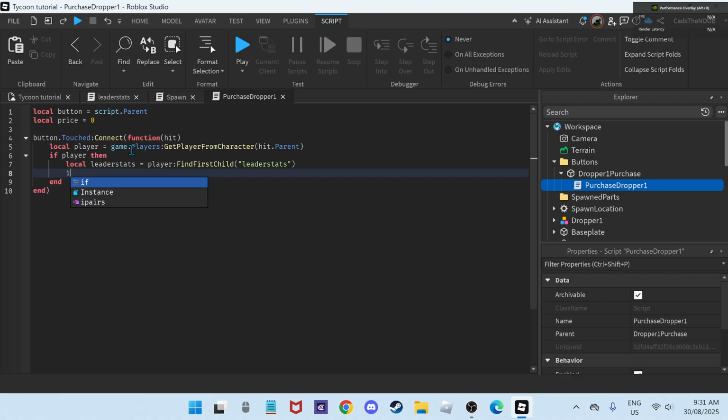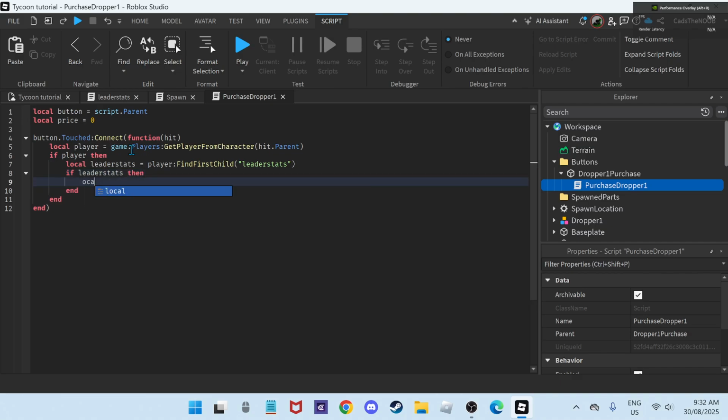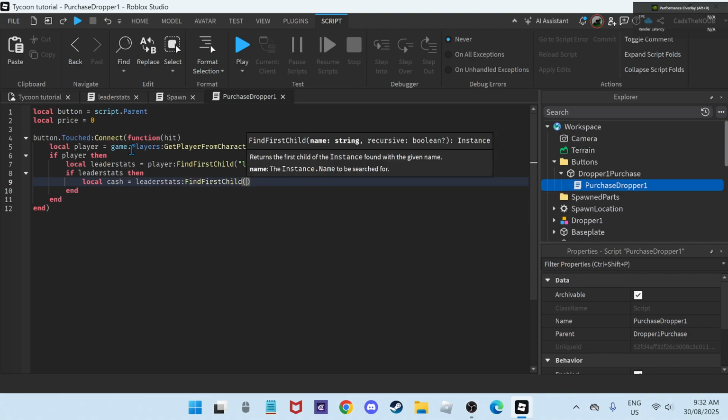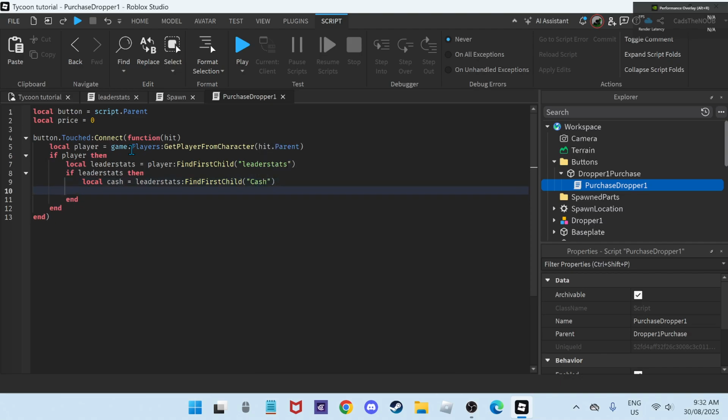After that, go if leaderstats then local cash equals leaderstats:FindFirstChild("Cash"). Nice. Now after that, we're going to go if cash and